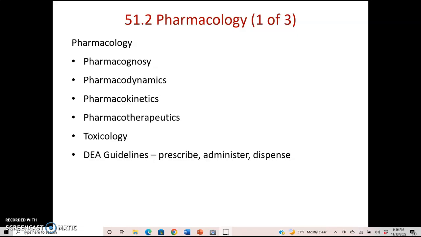Drugs can also be synthesized by chemical methods. Human insulin is produced by those means. We used to rely on porcine or pig insulin, but now we make human insulin by chemical synthesis. So there's many different sources of drugs, and knowing where they come from is sometimes helpful and important in educating